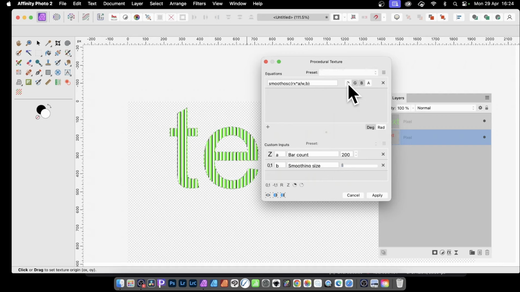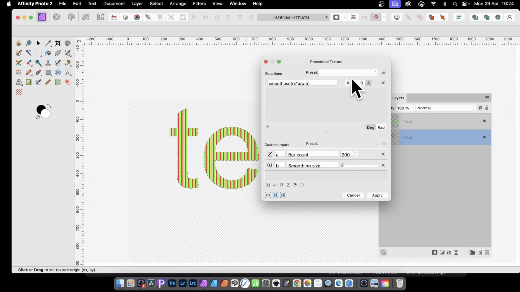Again, go up here, R, G and B, turn those off and click the A. But now it's exactly the same angle, I don't want that. Now what you can do, you can go up here and you can edit this equation. So you can edit it any time, just simply make that Y. And now if you go off it, just tab off it, you can see now you get this lovely going